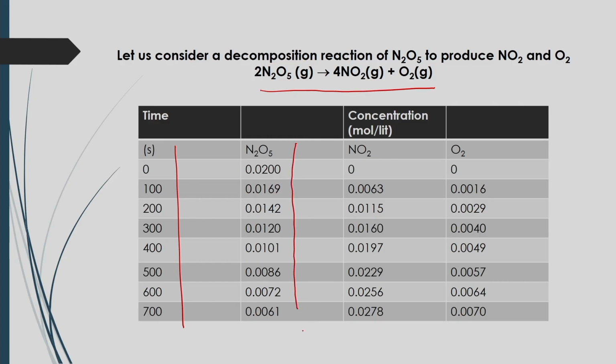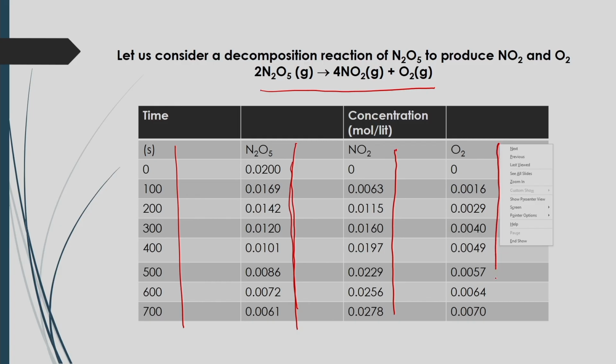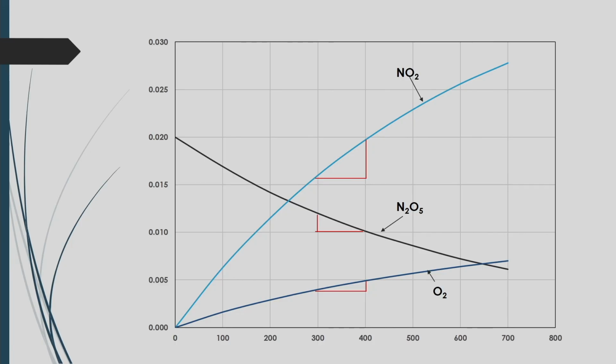Nitrogen pentoxide is consumed at the rate given here, whereas nitrogen dioxide is produced at a rate given here, and oxygen is also produced at this rate, expressed in moles per liter. We can express the consumption and generation of the reactant and products